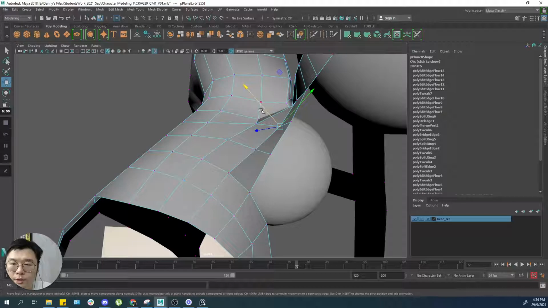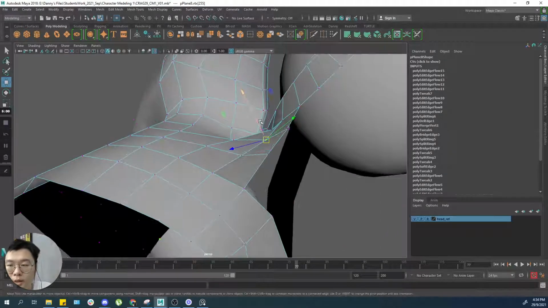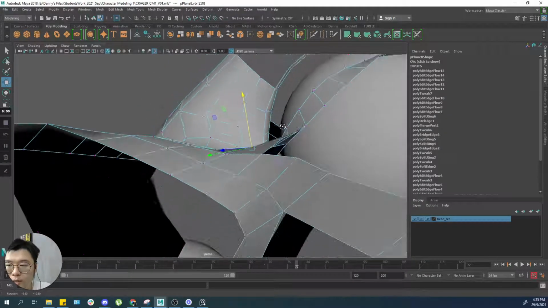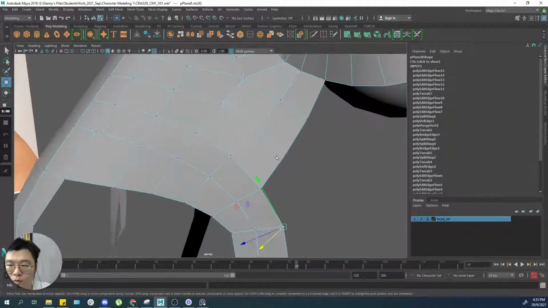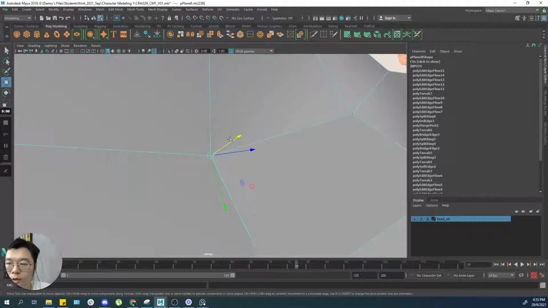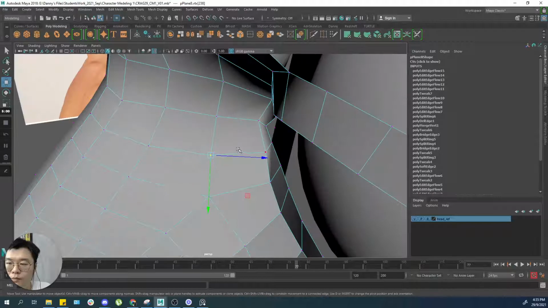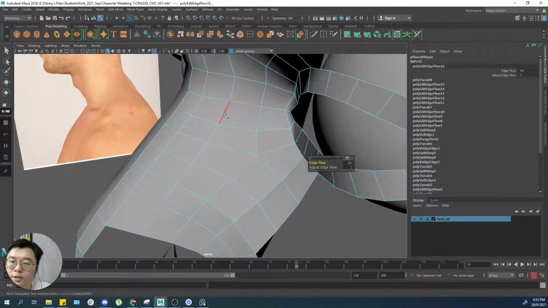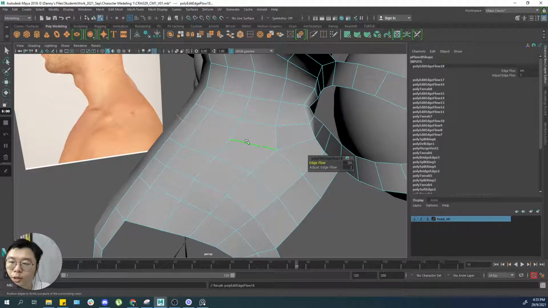If you do something like this, after you edit the wireframe and then keep checking the shape, it will look better. Okay, also this part should go out. 一直去这样子来 check 它的形状。